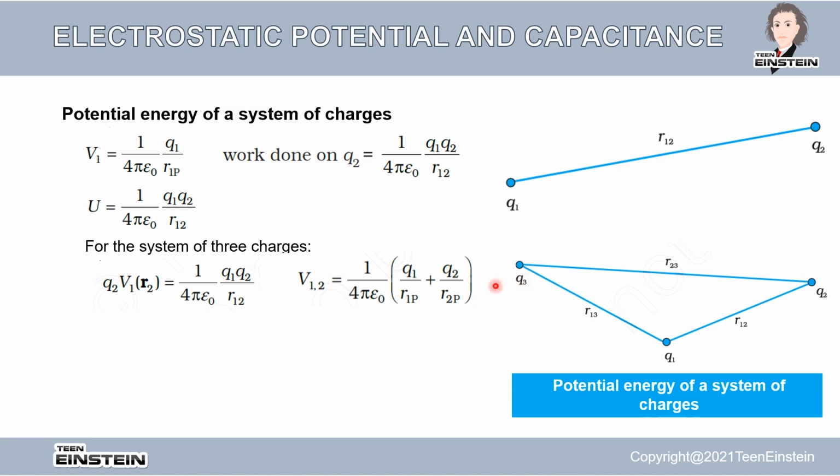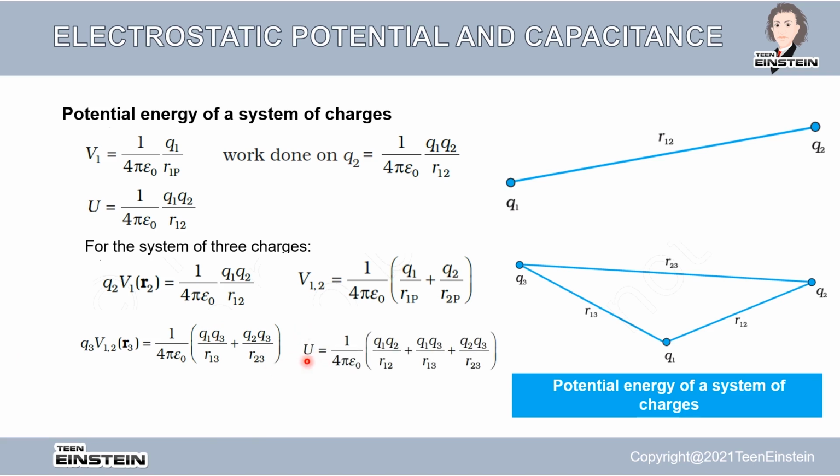Now to bring this Q3 into this position, you need to do work which is equal to Q3 multiplied by V12 at R3, because that much work we need to do to bring this Q3. So Q3 V12 equals 1 by 4 pi epsilon naught into Q1 Q3 by R13 plus Q2 Q3 by R23. So the total work in assembling the charges is going to be U equal to the first term here,